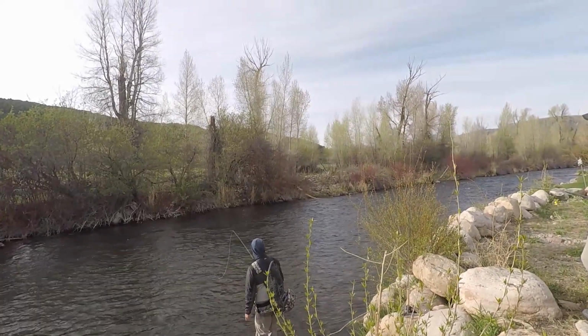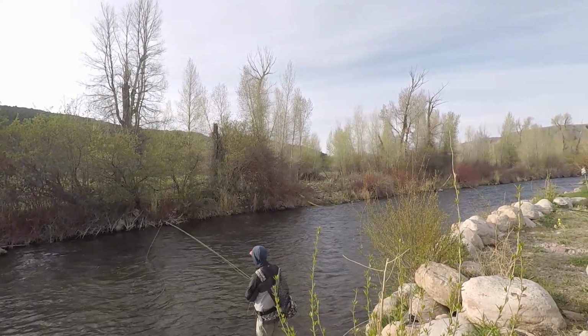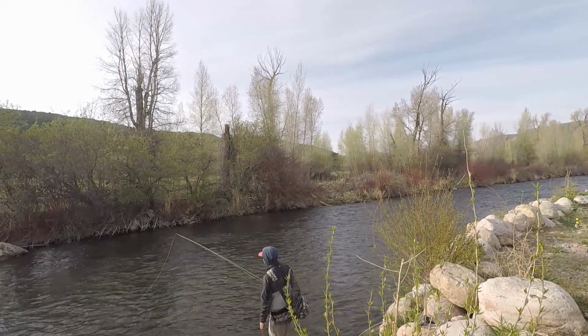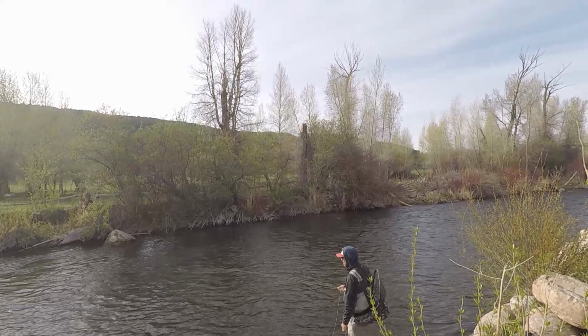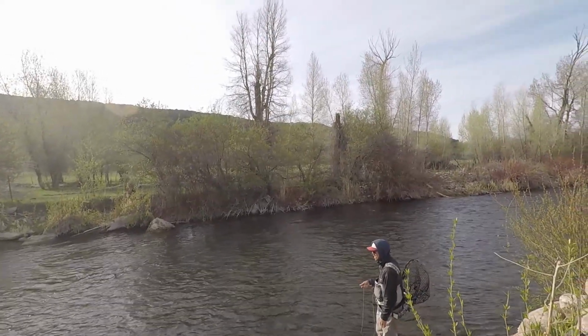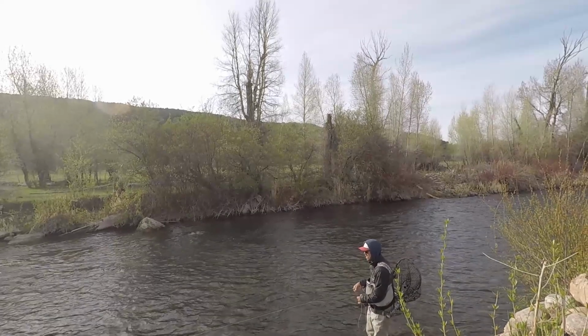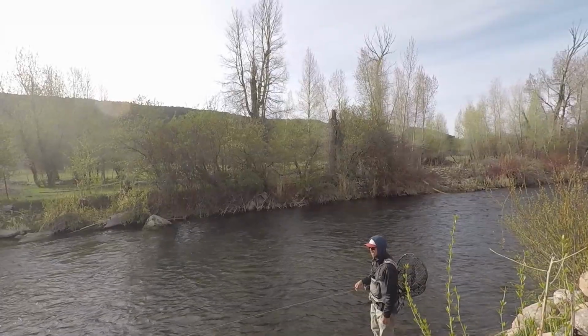So for the first little part of his drift here, he's okay. But see how we're starting to get kind of a U shape in the line right there? Yeah. So the current's kind of grabbing his line and it's starting to drag those flies. Okay. So that bend, you're going to flip the line, so you're going to flip that bend to the upstream side, and that's going to take the current from pulling on your flies, and they'll just be drifting through the